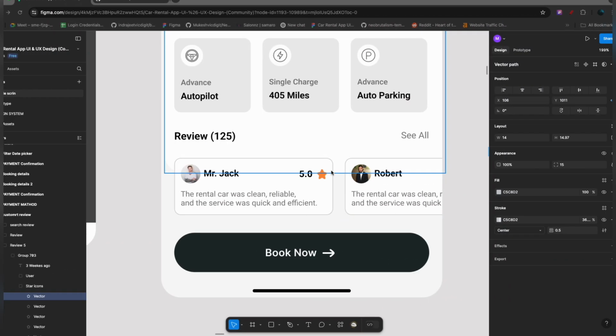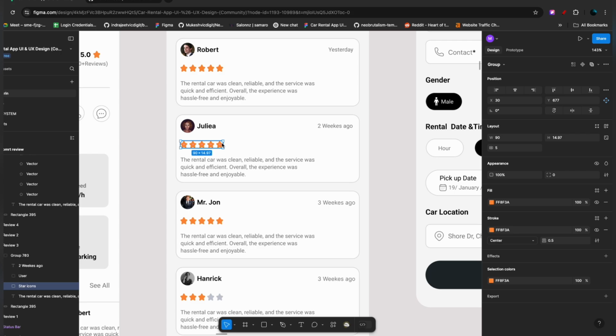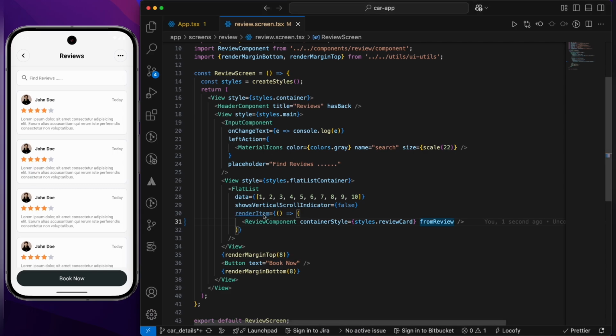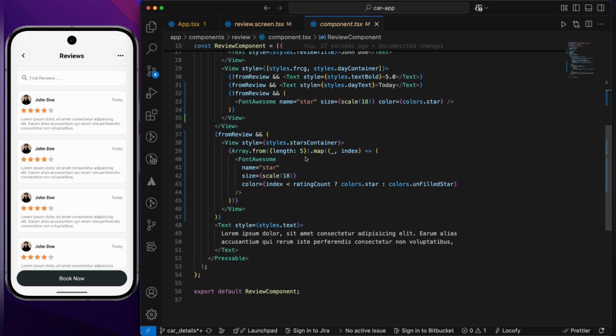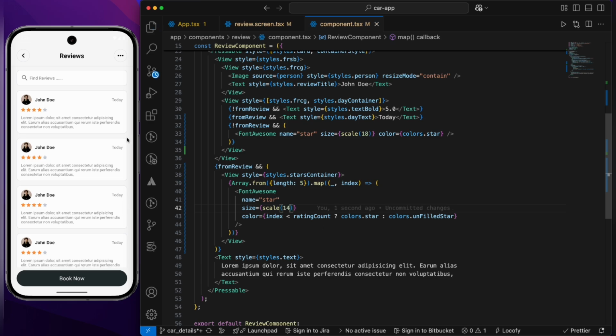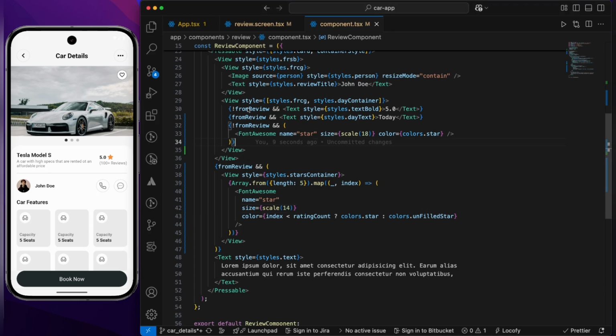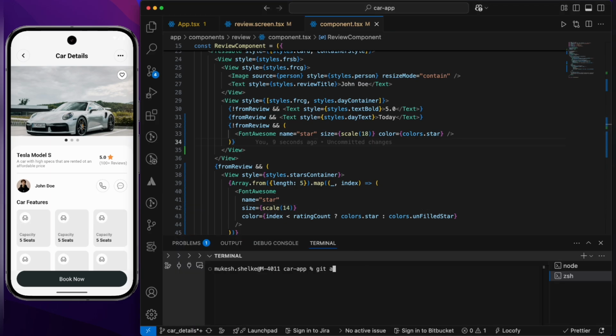So let's see. I think the stars are not matching with the Figma. Let's see the size, and I can see that the size is around, width is 90 and the height is 14. So what we have given, we have given it around 18. Can we reduce it to 14? Yeah, for this particular star I think 14 is fine, but once we go back it should show like this. So yeah, we have done this part. So let's commit our code. Commit, done with the rating card,